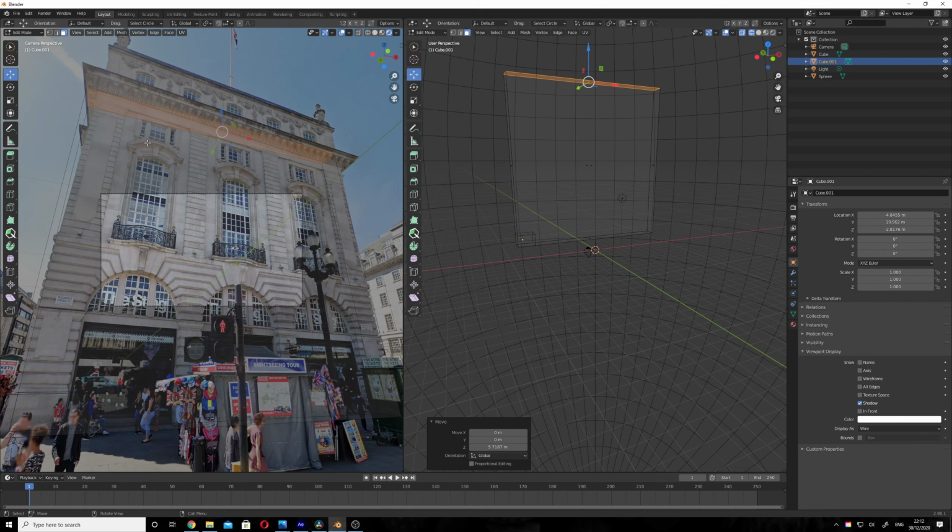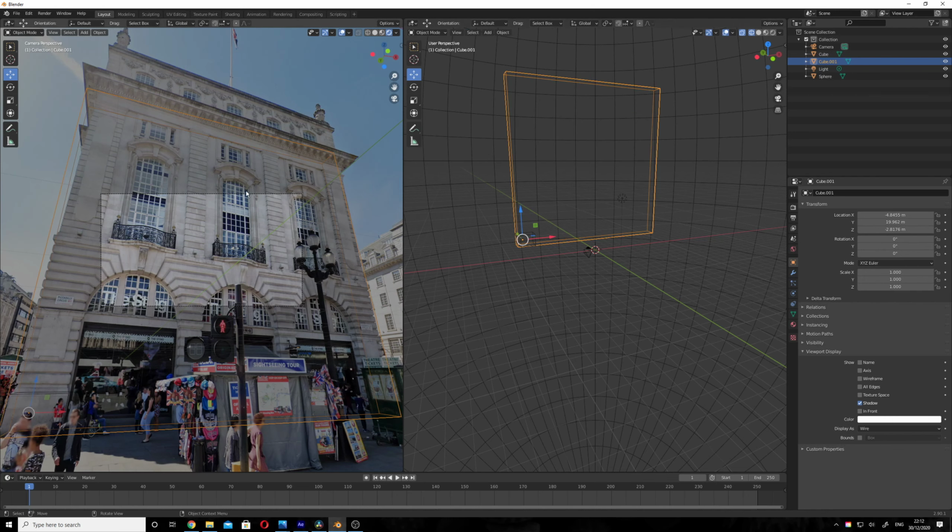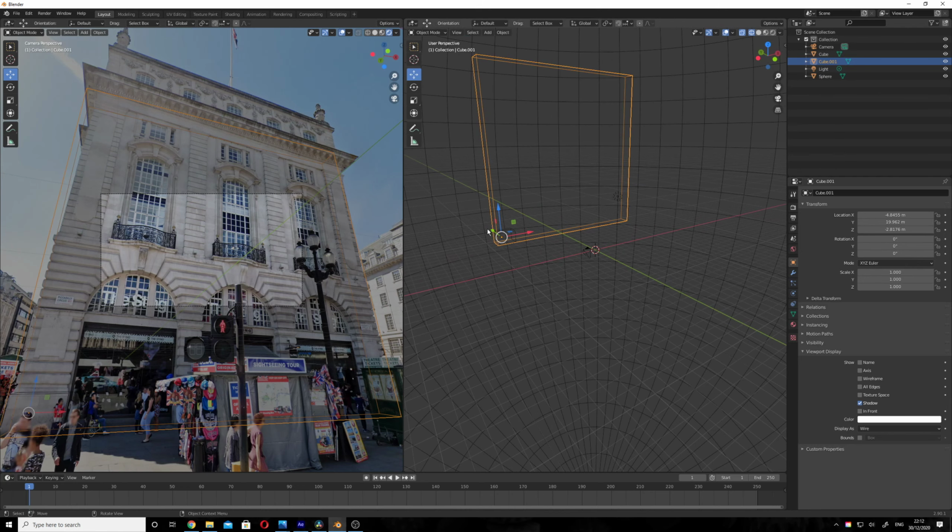So ideally we want to try and get the face of the building to align to an axis. So let's say the y-axis, for example. So what we can do, let's split across the bottom,